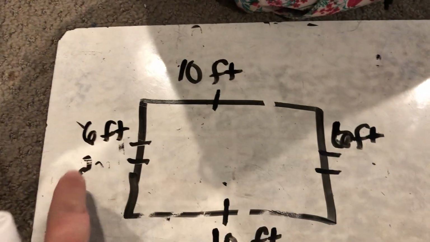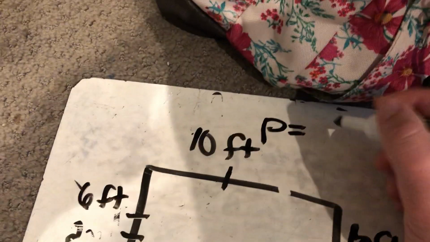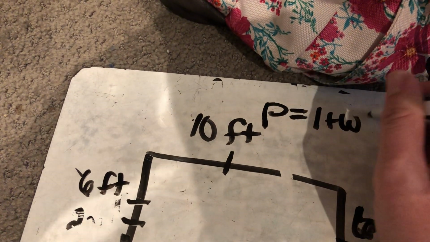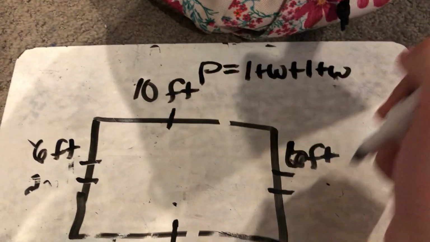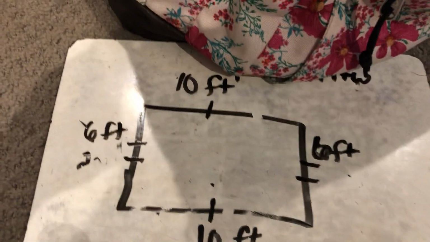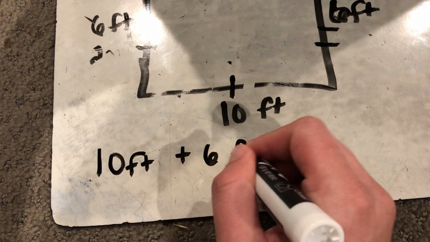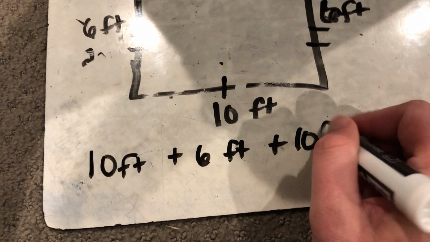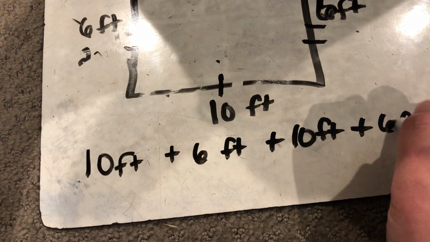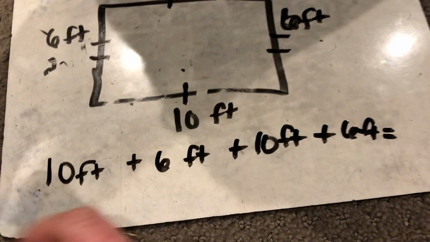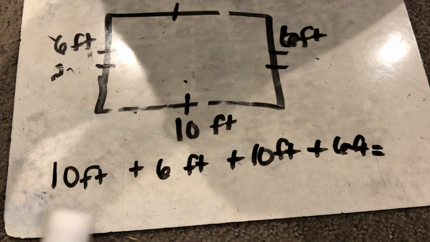If this side is 6 feet, so is this side. Okay, so perimeter equals length plus width plus length plus width. So we're going to add up all those. So I'm going to add 10 feet plus 6 feet plus 10 feet plus 6 feet equals,